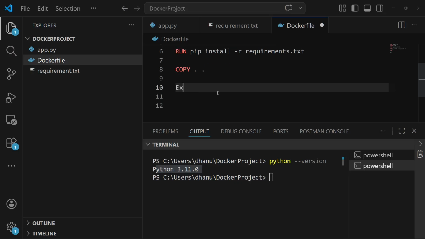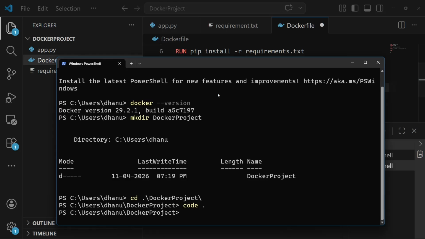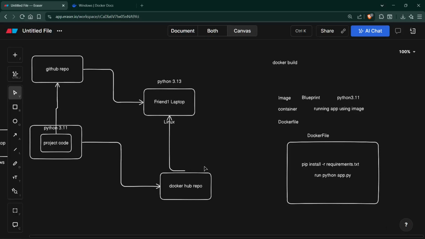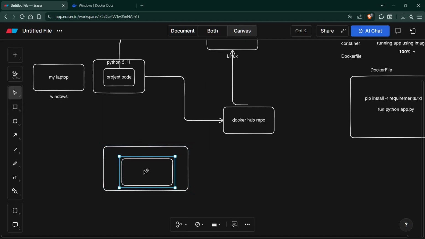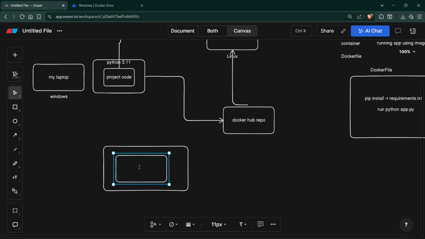Next we have something called expose. So what is expose? For example, if this is my Docker container, my app is running inside. I hope you are familiar with ports and port numbers.